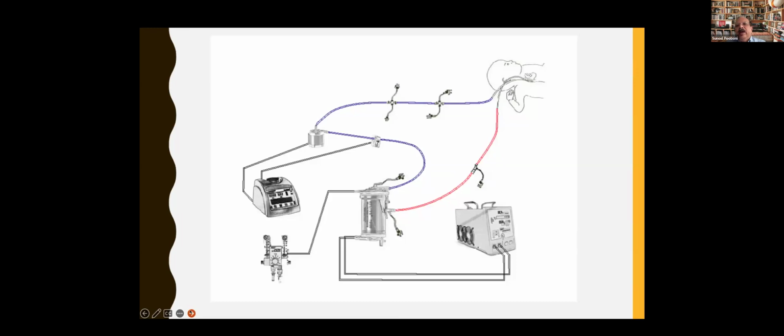This is a circuit diagram in a neonate. There is a double lumen cannula here. You can see the venous side represented in blue color, and these corresponding tributaries coming off from the circuit are called pigtails. There is a language in ECMO that we use. These connections are called pigtails. So the blue blood or deoxygenated blood is circulating here,